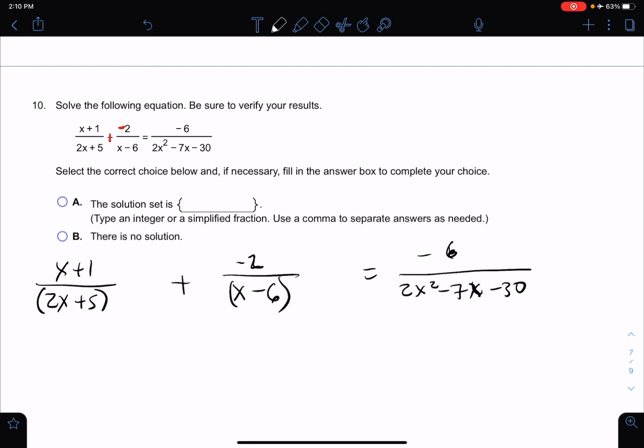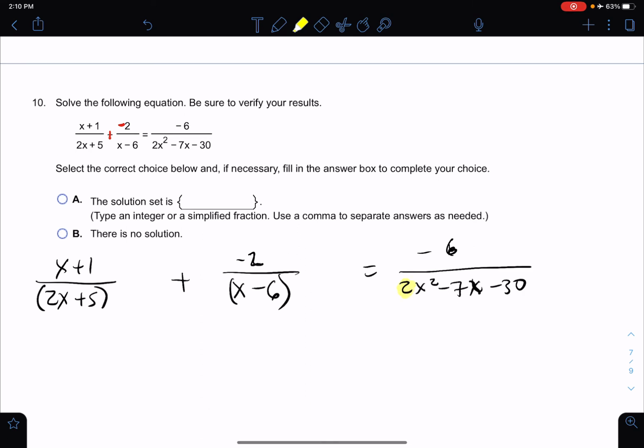So remember, this is not an easy factoring problem. Darn it, I wish it was. But it's not, because that is not a 1. So we must multiply those two numbers to try to figure out what two numbers will multiply to negative 60 and will add to negative 7. Well, darn it, I don't know. Well, we have to have a negative times a positive to get a negative. Okay, and so what multiplies to 60? Well, the signs are different, so they're going to have a difference of subtract to